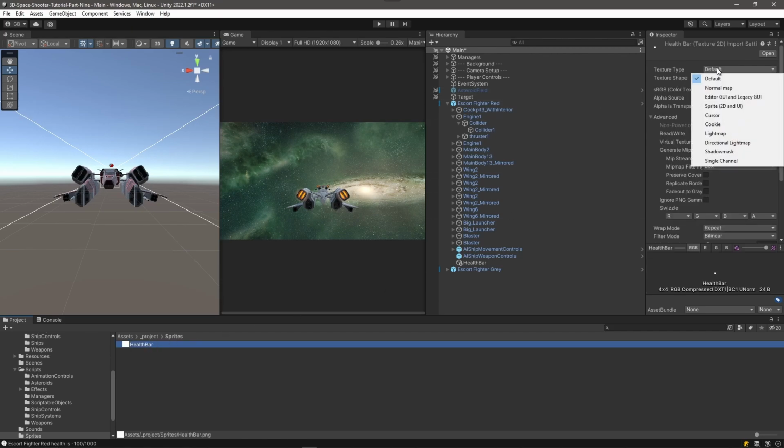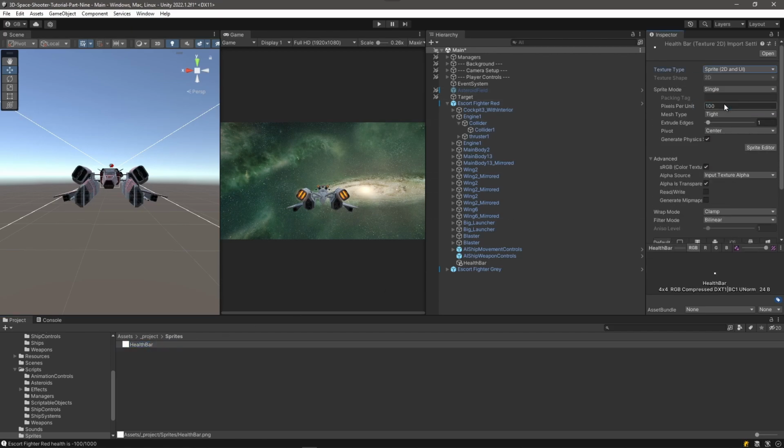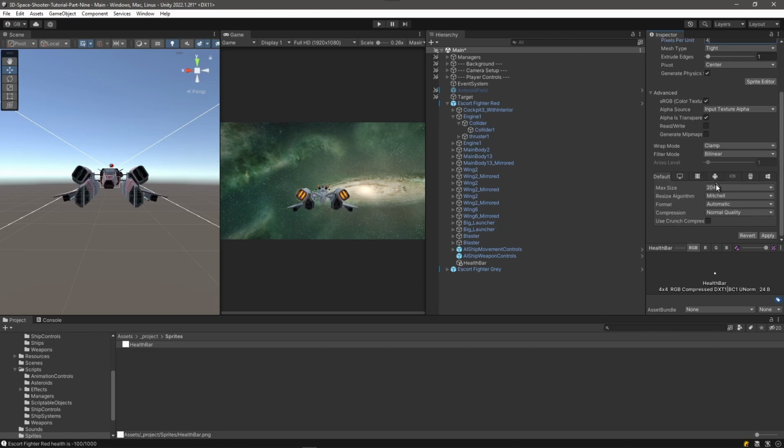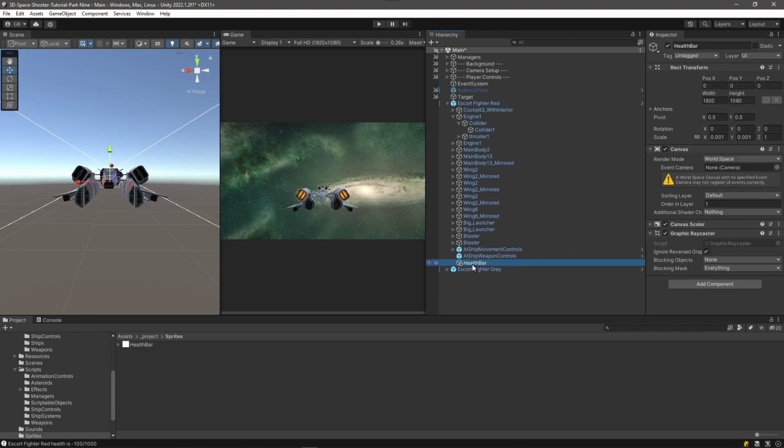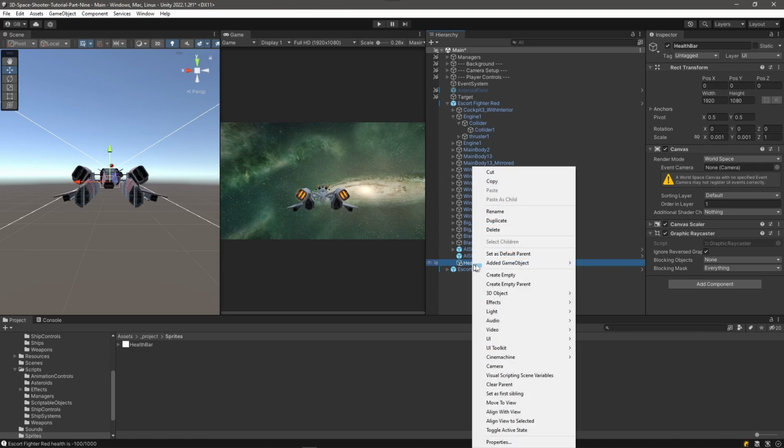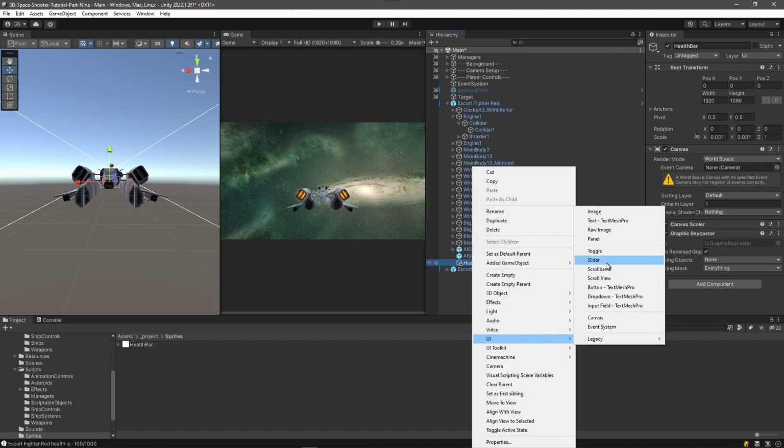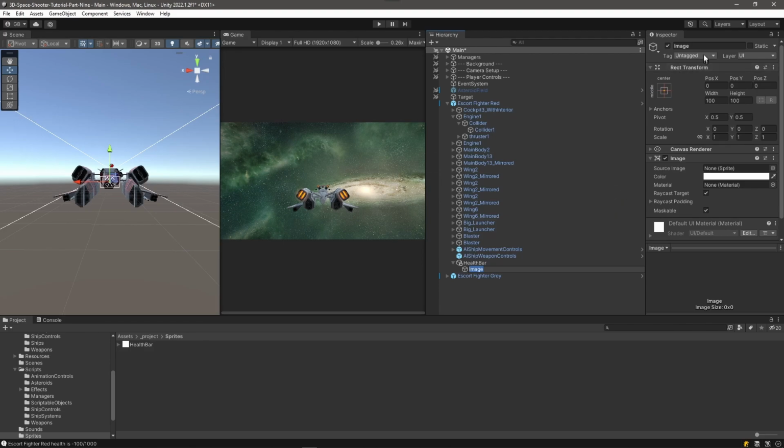And we'll make this a sprite, and we'll make it 4 pixels per unit, and doesn't need to be anywhere near that big. Apply. So up here, let's create under UI an image, and I will call this background,